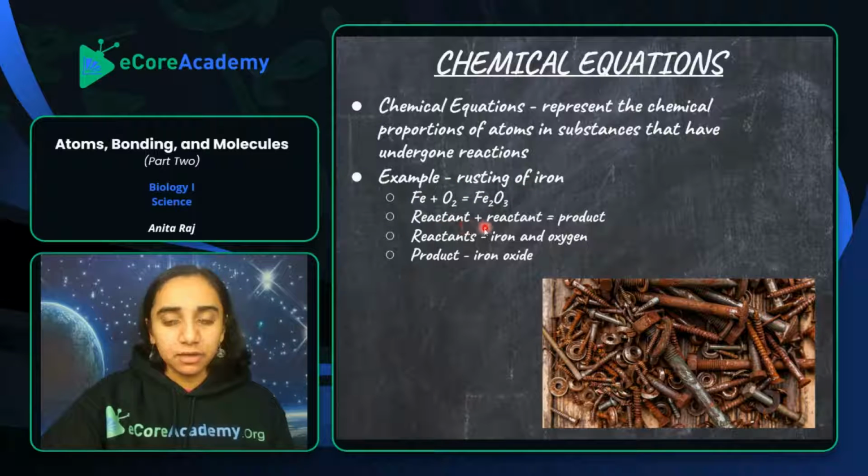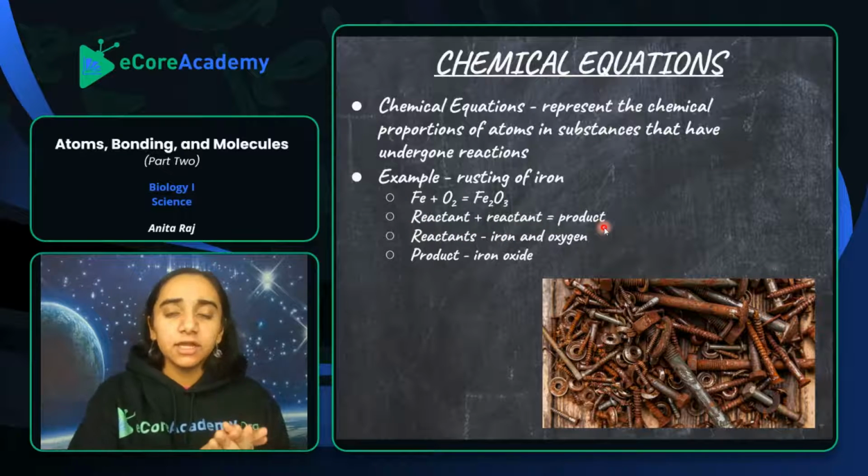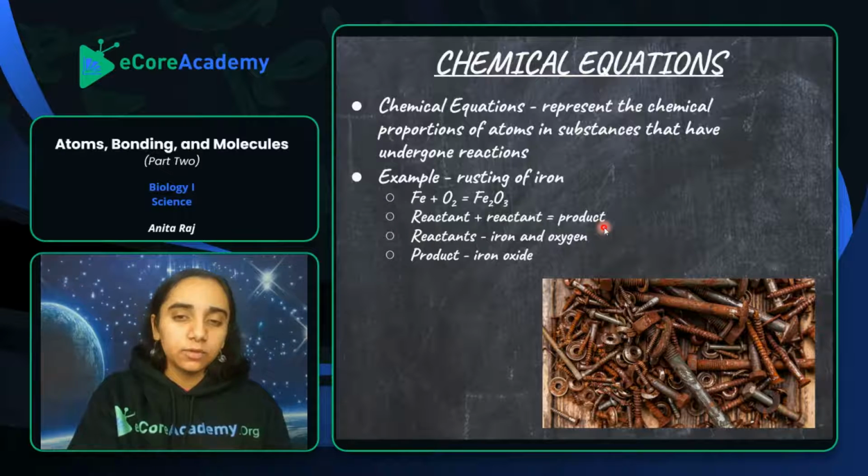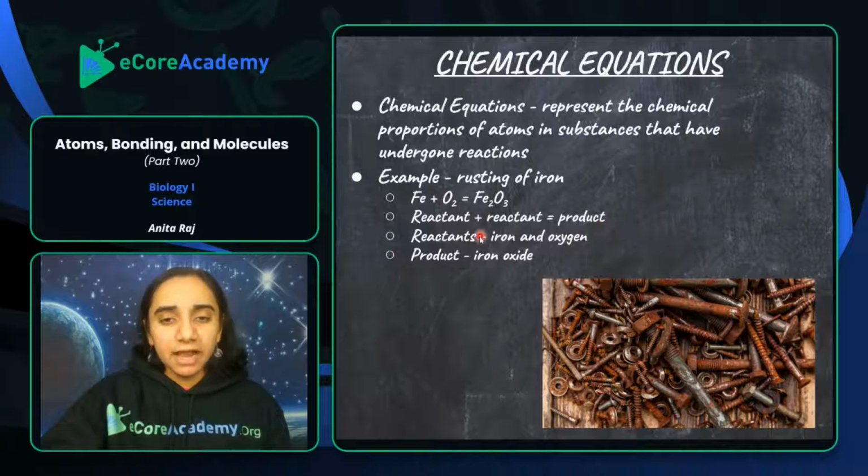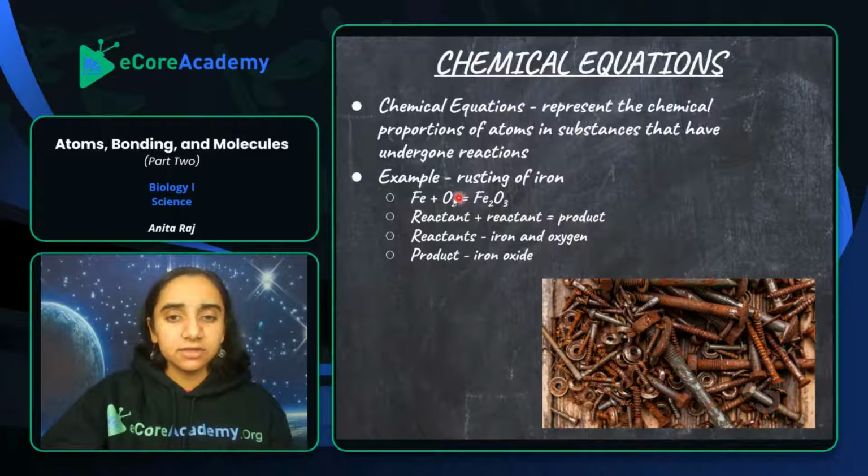What this pretty much tells you is one reactant plus another reactant equals a product. Remember, a reactant is what is going into the chemical equation, and the product is what's coming out of the chemical equation. One of the reactants here is Fe, which is iron. The other reactant here is O2, which is oxygen. So when you add these two together, you're going to get the product, which is Fe2O3, which is iron oxide,